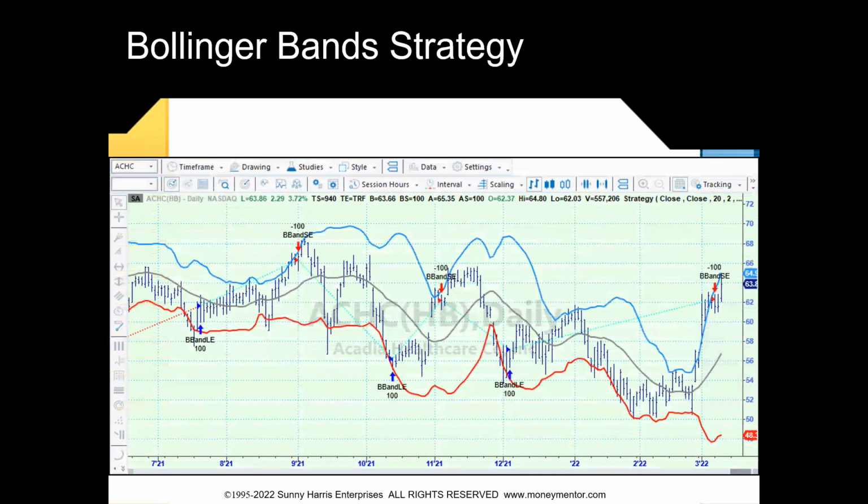So here's the Bollinger Band strategy. Let's put that on. And it actually looks pretty decent. We've got some more blue or cyan lines there. And we're getting in closer to tops and bottoms, which is nice.